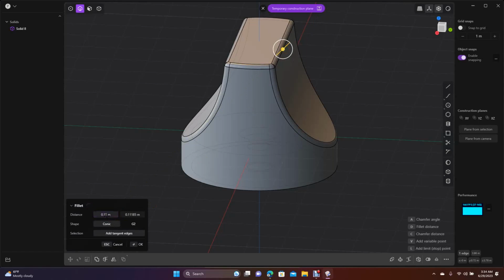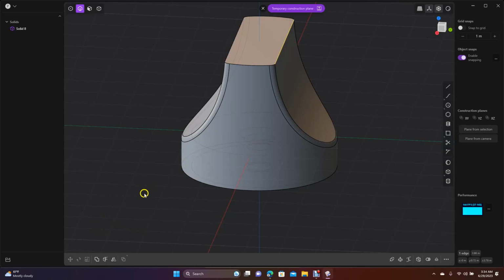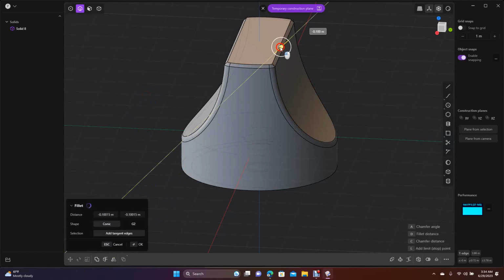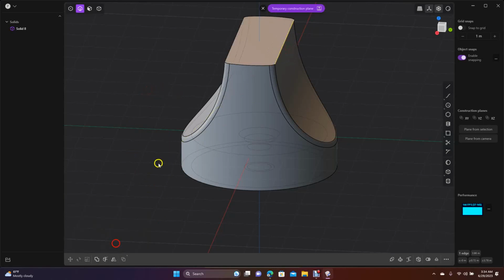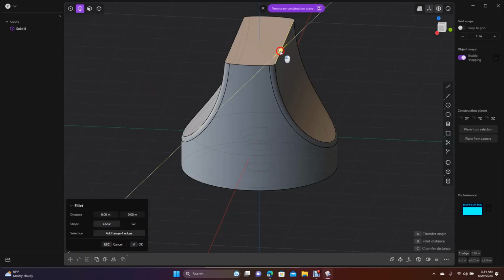0.15. Oops, something's going wrong here. All right, well, let's just manually do this. It seems to be having a problem, so it's not liking this up here for some reason. Let's do it again. Click on that. Let's go ahead